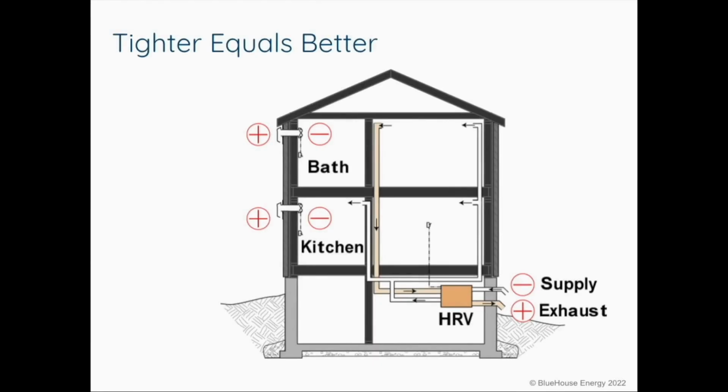Current industry practice is tighter equals better. The building code requires mechanical ventilation to provide fresh air to the occupants and